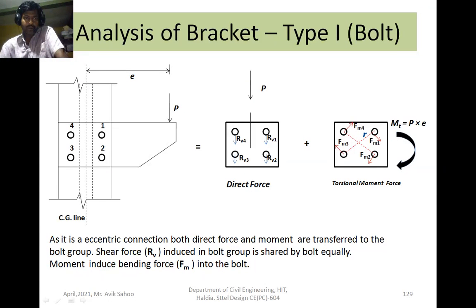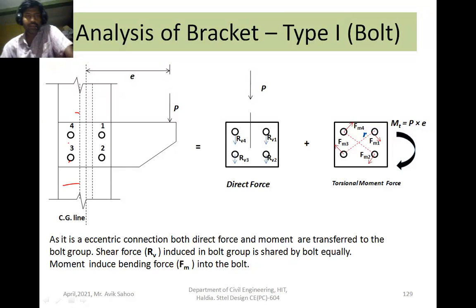So you see that this is an eccentric connection. The elevation is drawn. So I sections are used. Okay. So this one is the CG line, and these two are the thickness of the I section, which does not come on the elevation. Although this portion remains, it is not visible on elevation, so that's why the dotted line comes. Here 4 bolts are used and they are numbered 1, 2, 3 and 4.